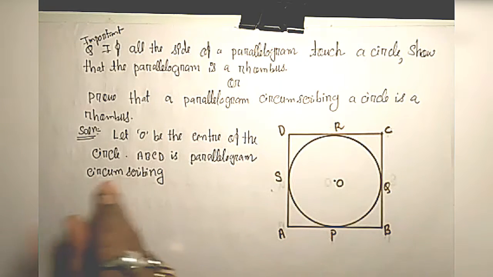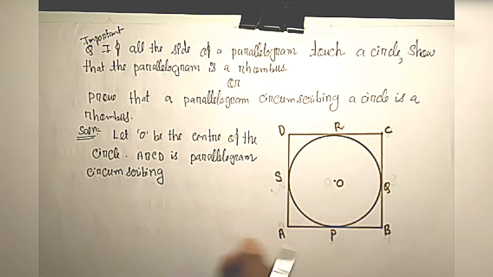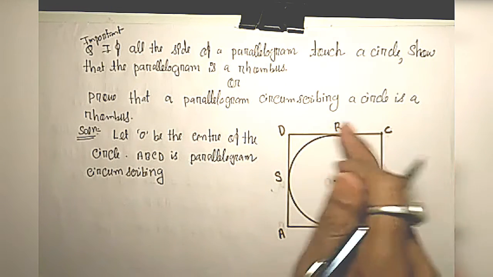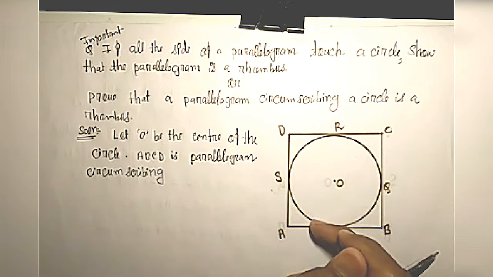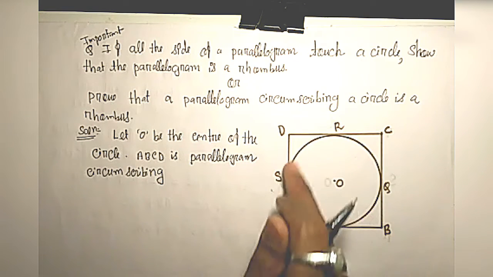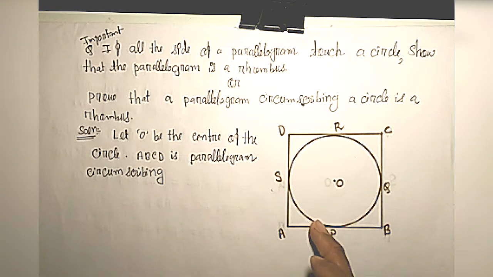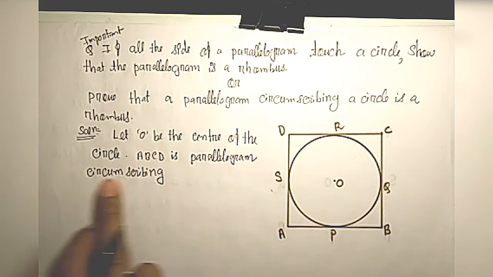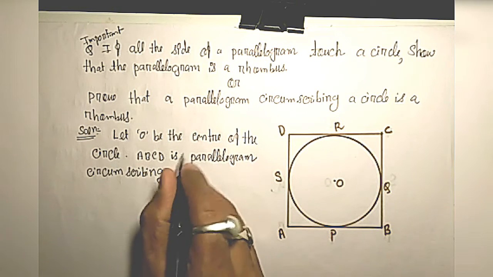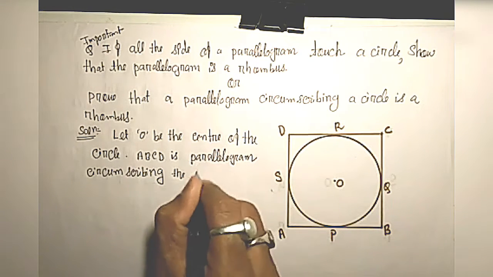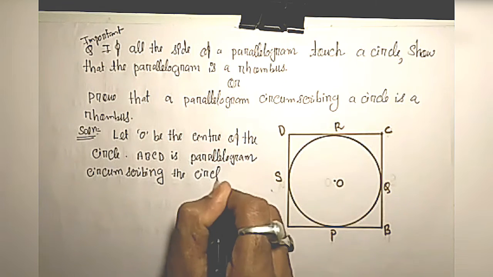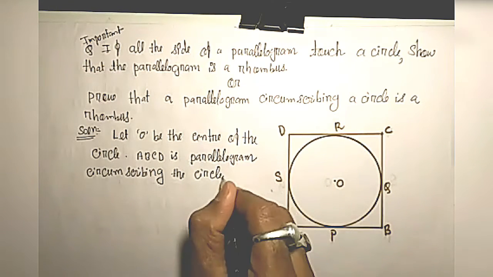Circumscribing the circle means we draw the circle inside the parallelogram, so that it touches the parallelogram at the points PQRS. So ABCD is a parallelogram circumscribing the circle,